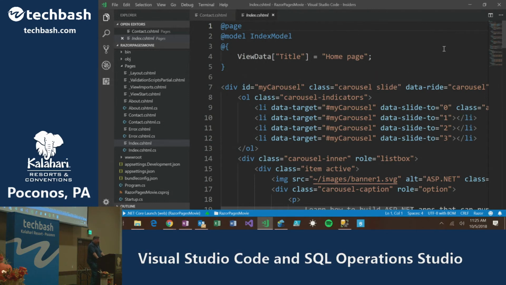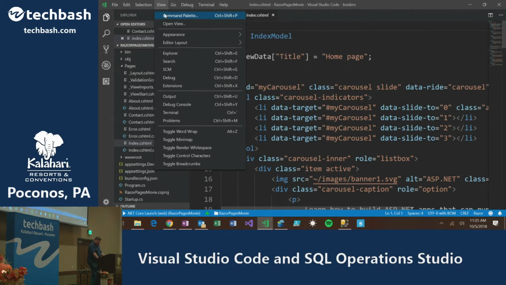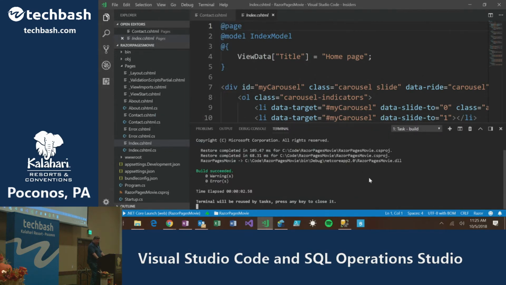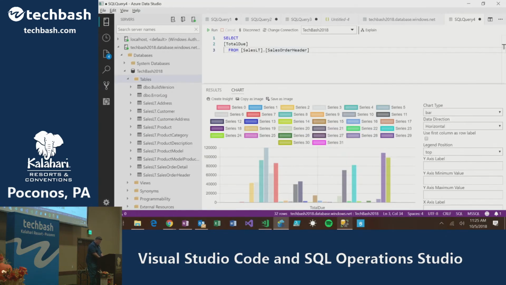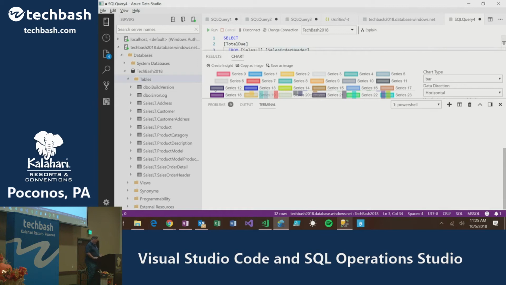And I'll show you, it works the exact same in both products. If I want to view the terminal, I go in here and I see that it's a control backtick. So that makes a terminal window at the bottom of my screen. If I go to SQL, control backtick does the exact same thing.